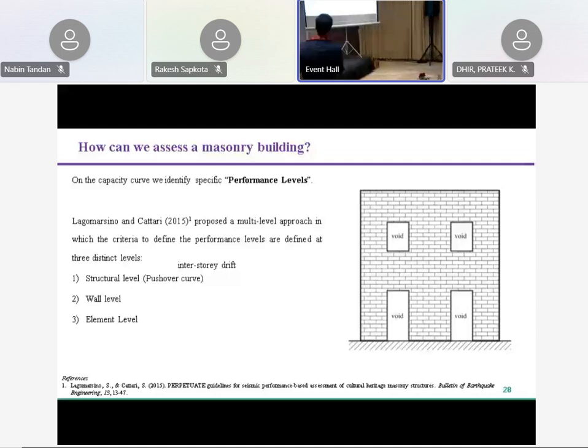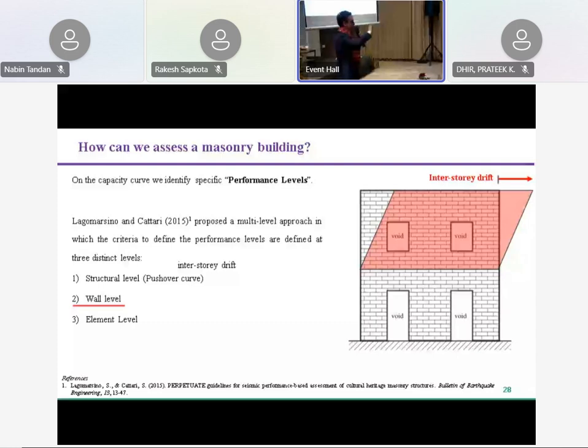Right. So just want to remark one thing. Right now, we said that performance levels are defined along with the capacity curve. This is what we call the global performance level. However,